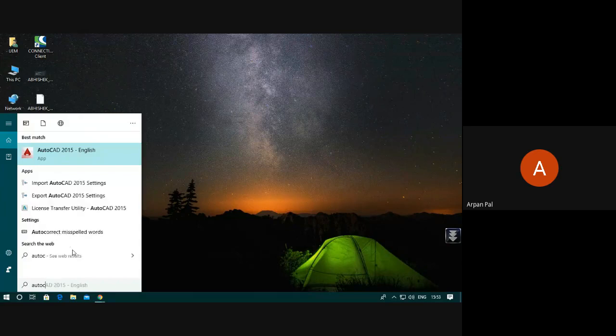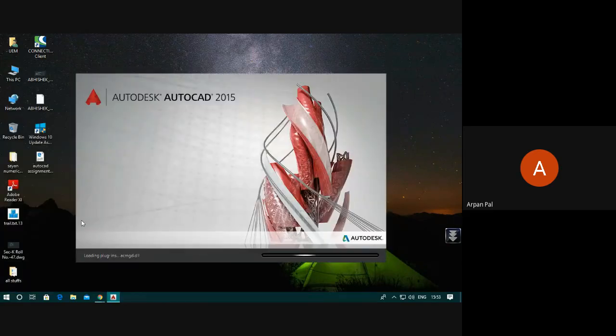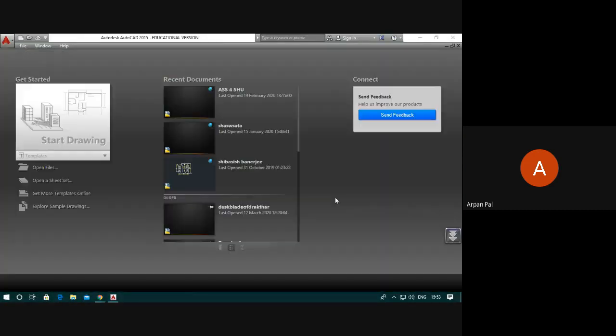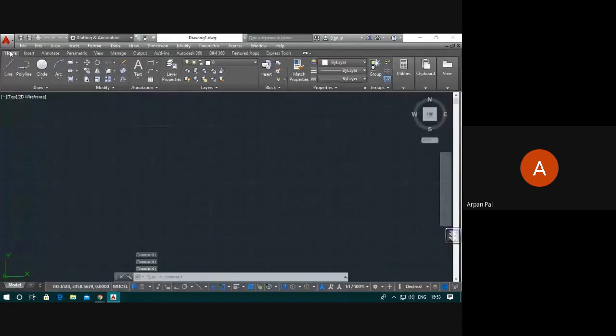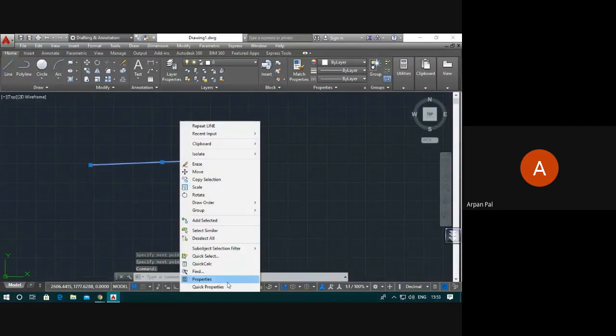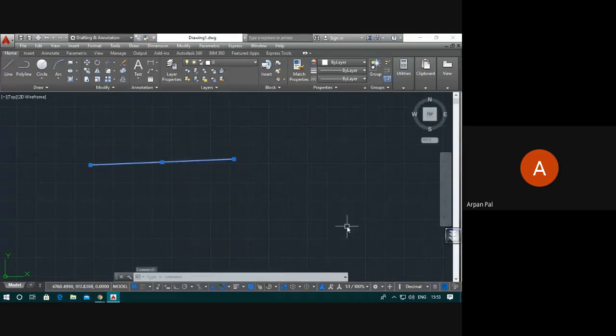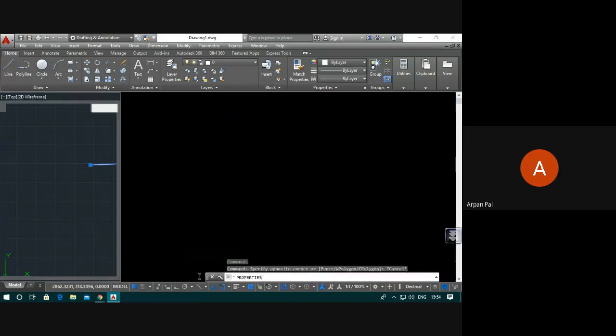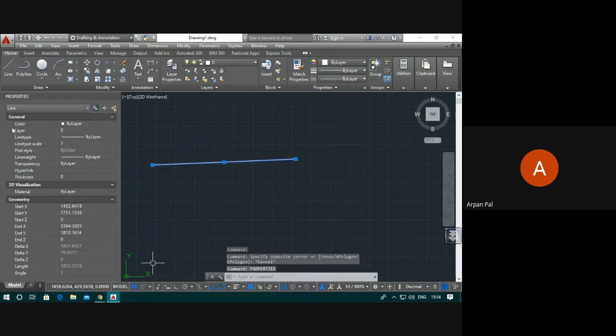How to open the properties of the line? Very simple. Select by left click, then right click on that selection. Okay. Suppose one line is here. Just select it by left click and then right click here. Then you will find this properties. Otherwise, even if you don't get it, just select it and in the command box you type properties, enter, see what happens. Line properties has been opened.